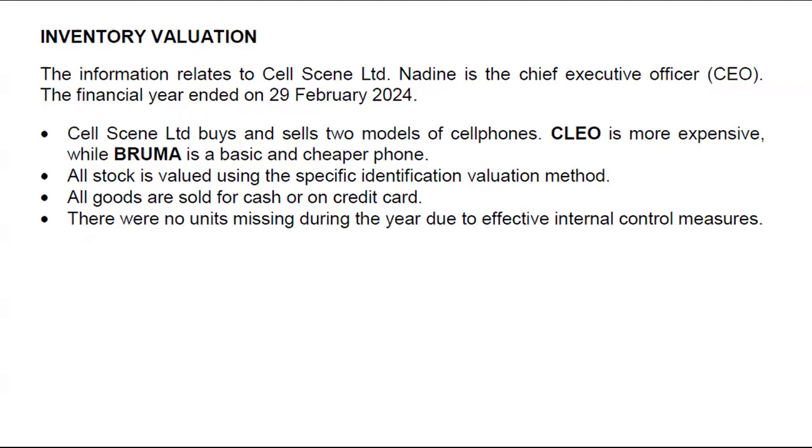The Dean is a chief executive officer. The financial year ended on the 29th of February 2024. And then it says Sales Scene Limited buys and sells two models of cell phones, which is Clio. Clio is more expensive, and Bruma is a basic and cheaper phone. All stock is valued using the specific identification method that is worth